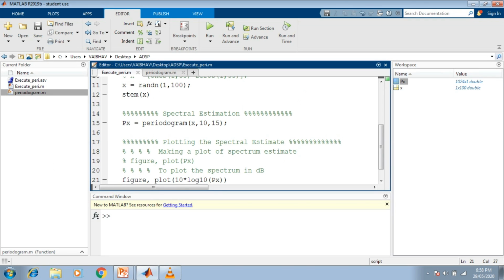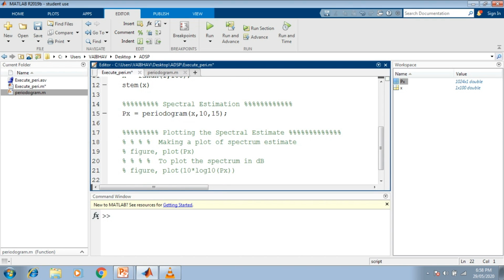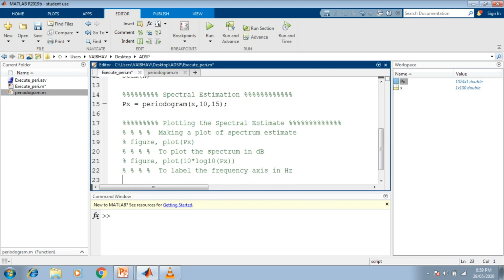Now next to that, we can make use of the Nyquist frequency here, and this task will be to label the frequency axis in hertz here. So to label the frequency axis in hertz here, with the H suffix said here, we take the Nyquist frequency, simply for example computed 5